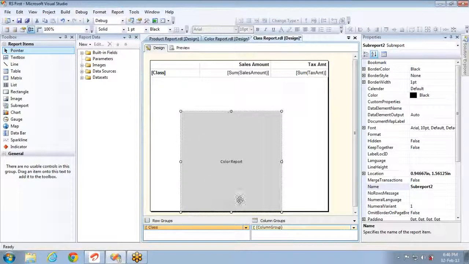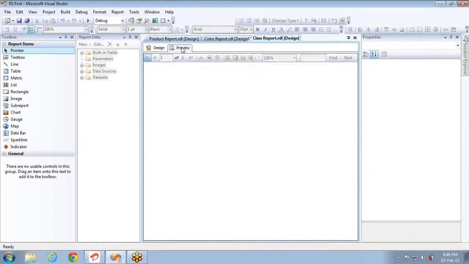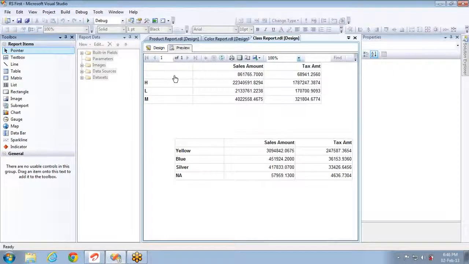Actually, here the color report is not available, but I'm calling it using the sub-report control. If you see, this is your main report and this is the sub-report. Sub-report acts as a reference to the report that is outside of this.